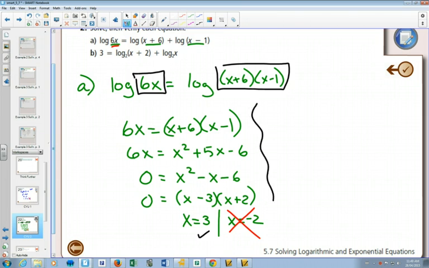So you say, Mr. JR, what happens if I forget the shortcut and I'm really stuck on, I know I need to get it a single log, change to exponential form, then solve for x. How would this question look? Well, you still have two logs at this point. If I want to combine them together as a single log, I would need them on the same side of the equation. So you could subtract